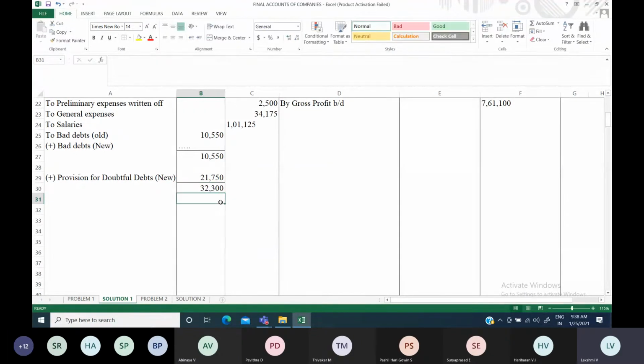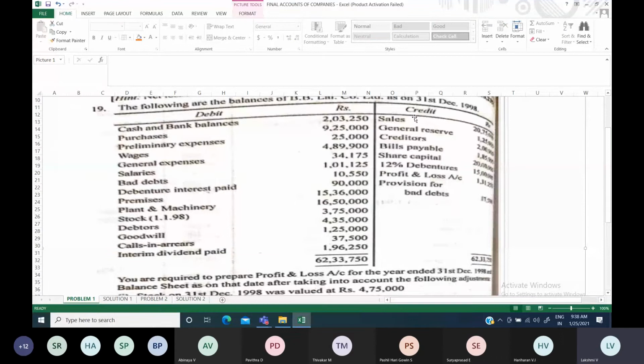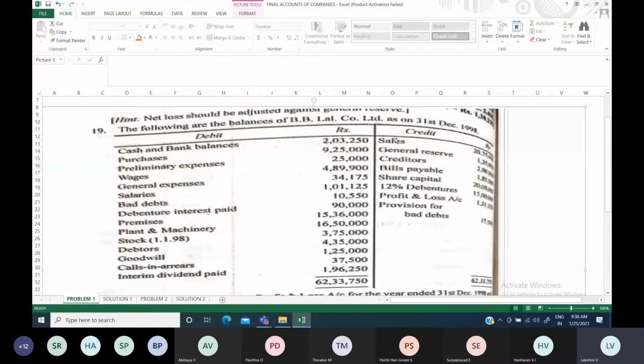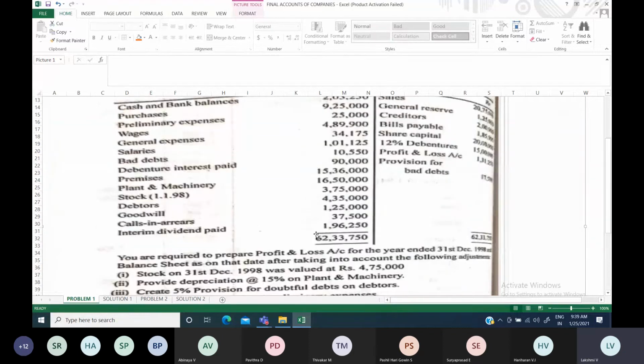Now again, you have to go through the question. Generally, the provision for bad debts given in the trial balance will appear under the credit column, because when ledger balances are given, they mention credit balances. So this is the old provision for bad debts. Whatever is given in the trial balance is known as old. So you have to go through the question carefully. Whether bad debts is there, provision for bad debts is there, provision for discount on debtors is there or not, in the trial balance and in the adjustments. You have to go through each and everything carefully and only then work it out.